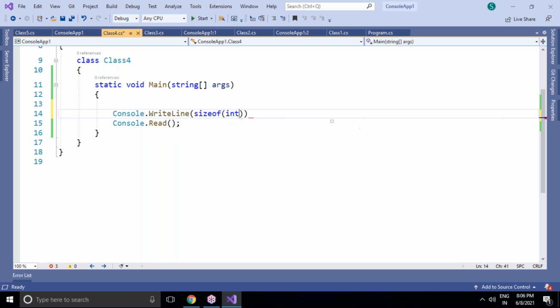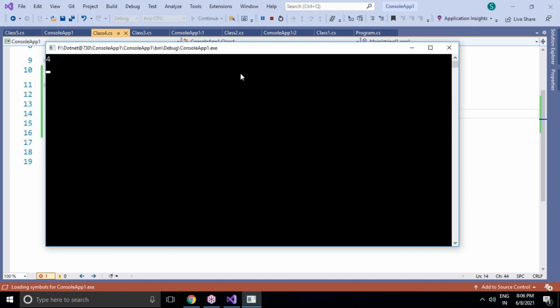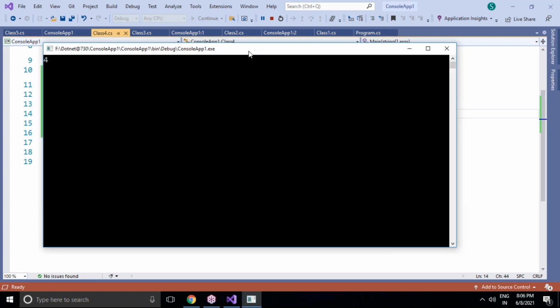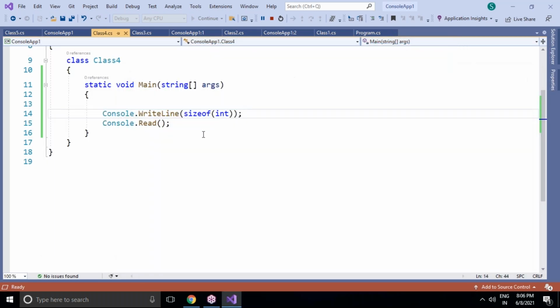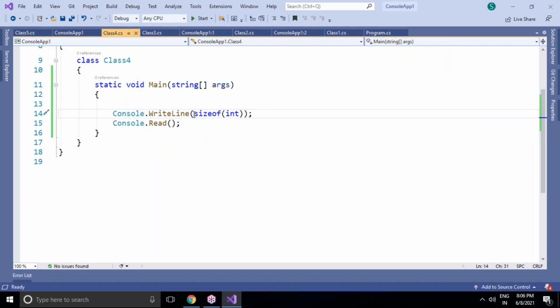I'm taking the size of integer. Look here, the integer size is 4 bytes, as we discussed. And at the same time, if you want to go for the integer type here, let's see the size in bytes.